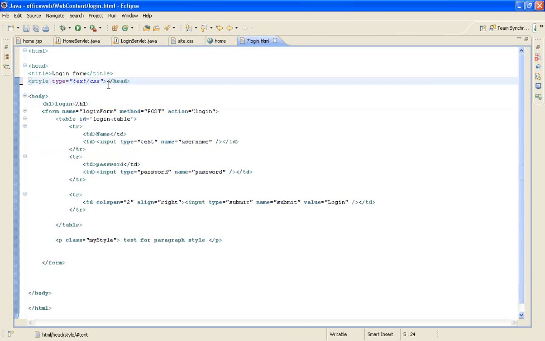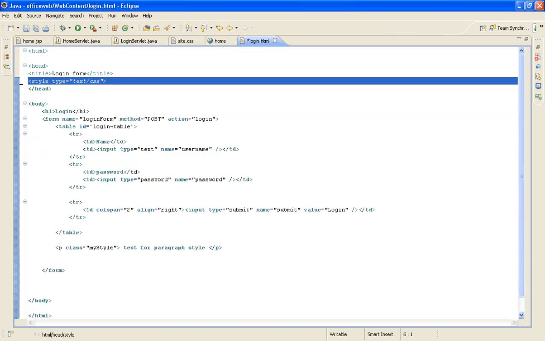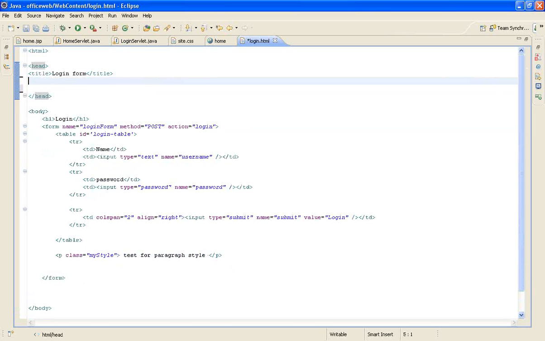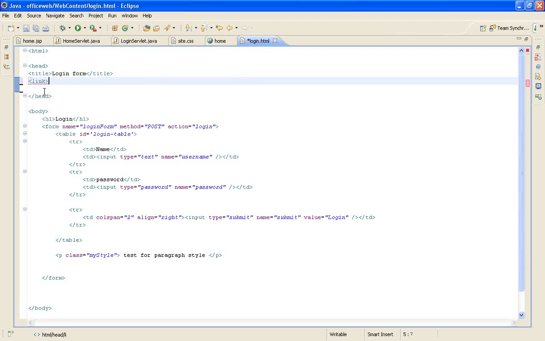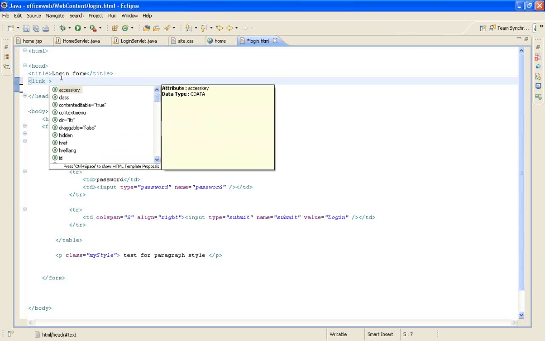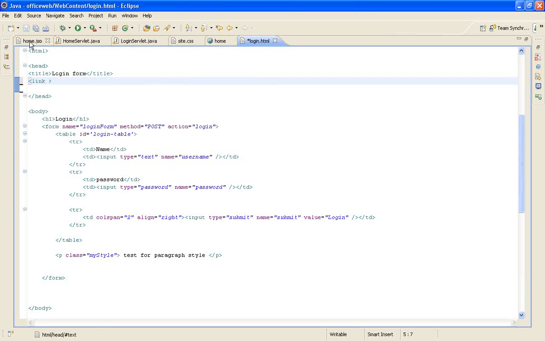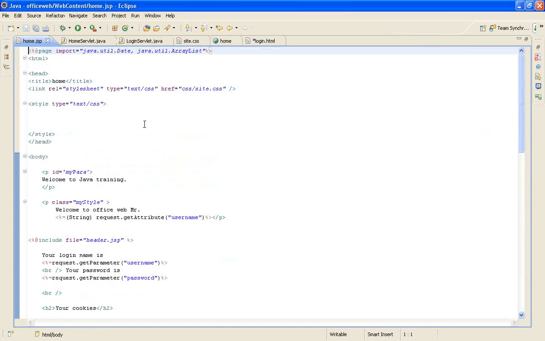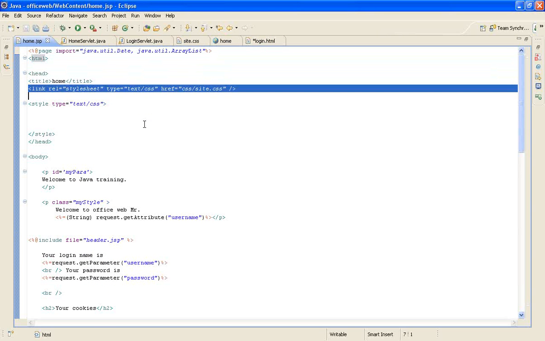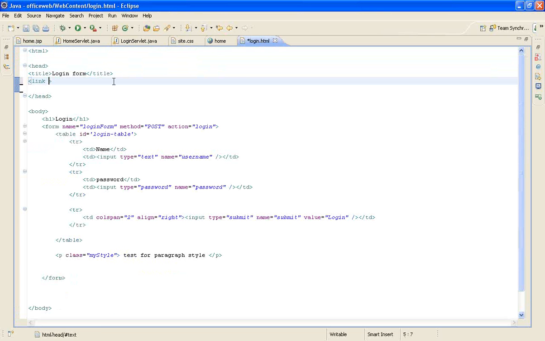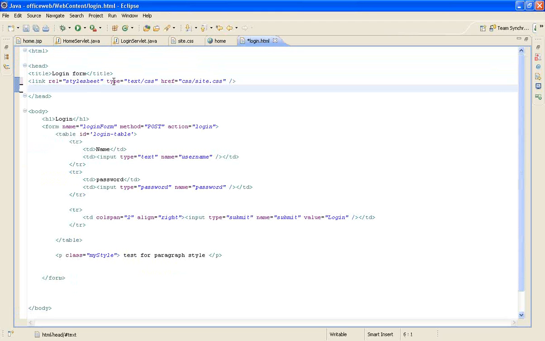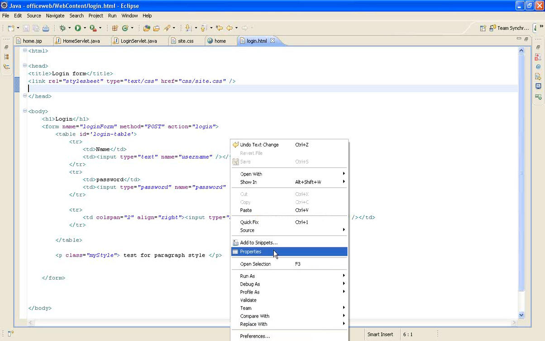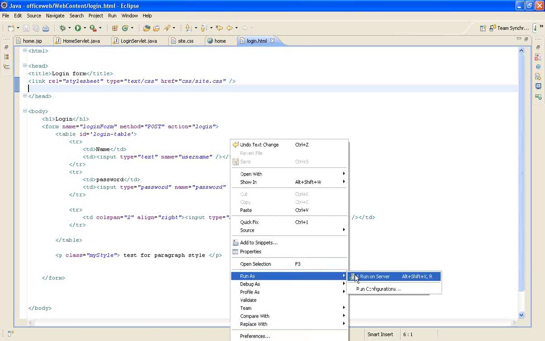I'll not write any inline statements, so what I will do is link the CSS file. I'm really not good with memory, so I'll do it once and then always try to reuse it. I'm placing this file here as well and trying to run this HTML.